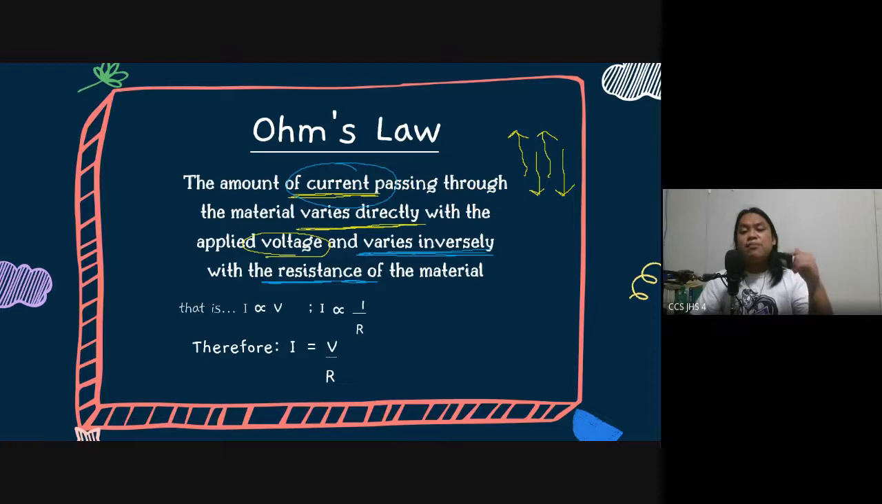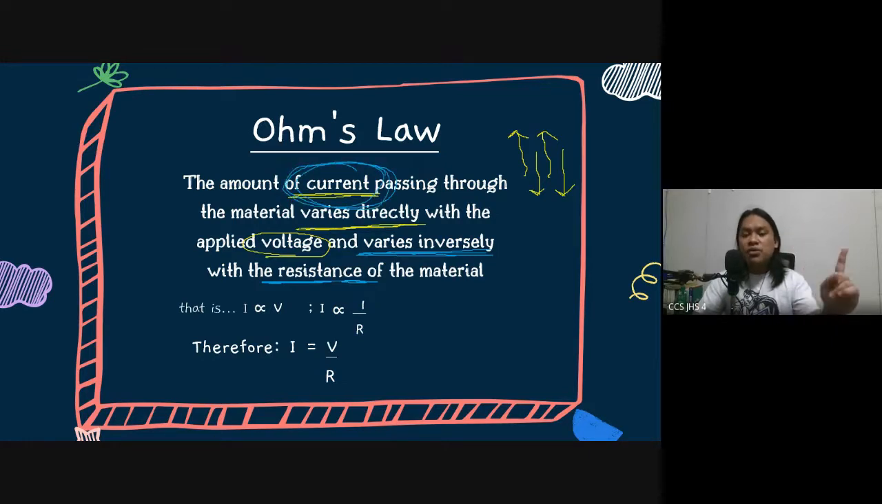So if current is directly proportional, it goes up when voltage goes up, how about inversely proportional? Current and resistance. Okay, very good, Ina. I can see your hand gestures. Okay, very good. So, inversely proportional, if the current goes up in amount,